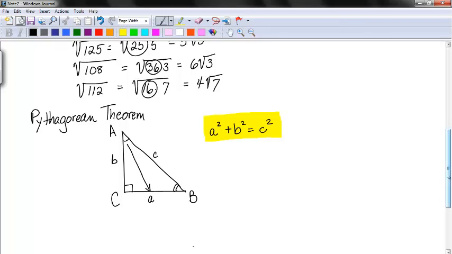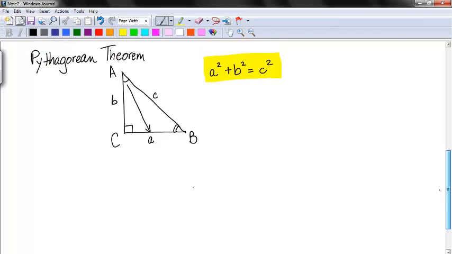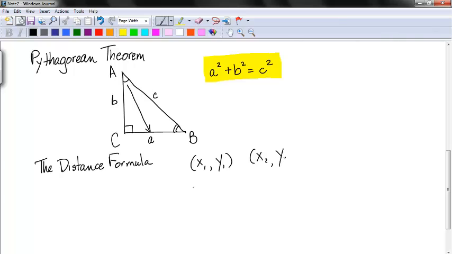Then on the distance formula, you can find the distance between 2 points using the Pythagorean theorem. You can graph them and use a squared plus b squared equals c squared, or you can use the distance formula. If they give you two ordered pairs, x sub 1, y sub 1, and x sub 2, y sub 2, now depending on your author, sometimes they use d for distance,